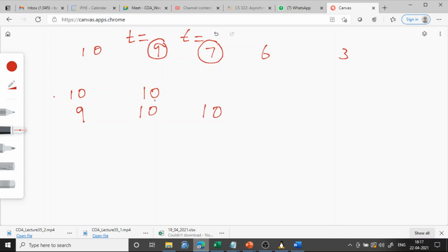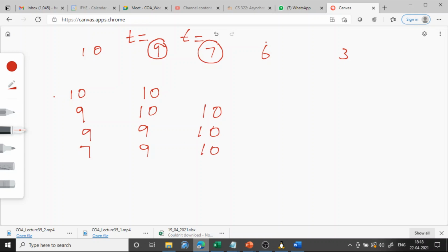Okay. Again go to the next previous element. Is this previous element greater than t? Yes. So copy the previous element to the next location. So this will be 9, 9, 10. Okay. Is there any previous element before 9? No. So then keep 7 at the previous location plus 1. There is no previous location, so we'll keep here 7, 9, 10.